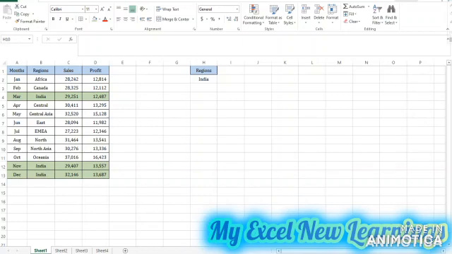Today in this video we will see advanced filter options. Here I have some data and here this is my criteria. So I want to filter the data for region India and I have to copy paste. When we use a basic filter, we have to filter it in place, then copy and paste the data to the other location. But by using the advanced filter, it will sort out as per your criteria and paste it to the location where we want. So we will see how the advanced filter works.